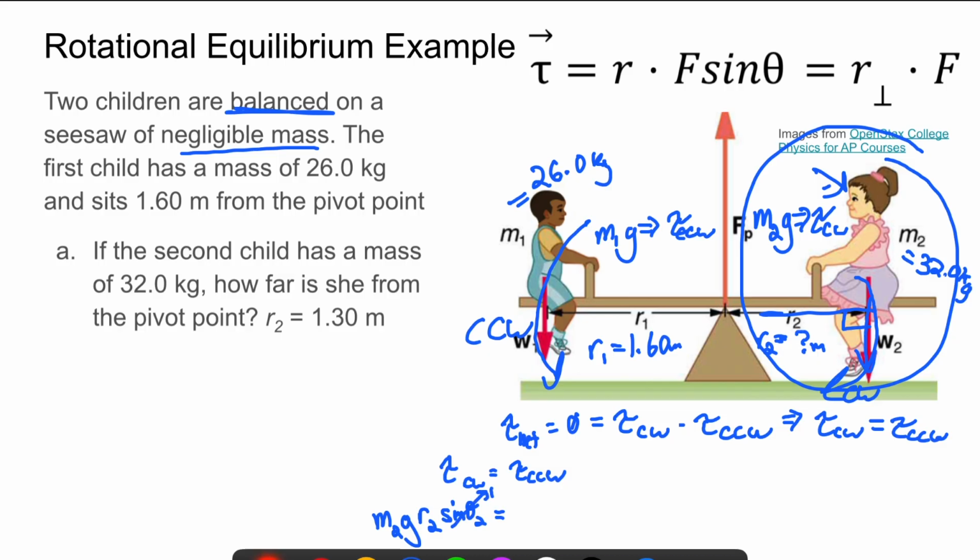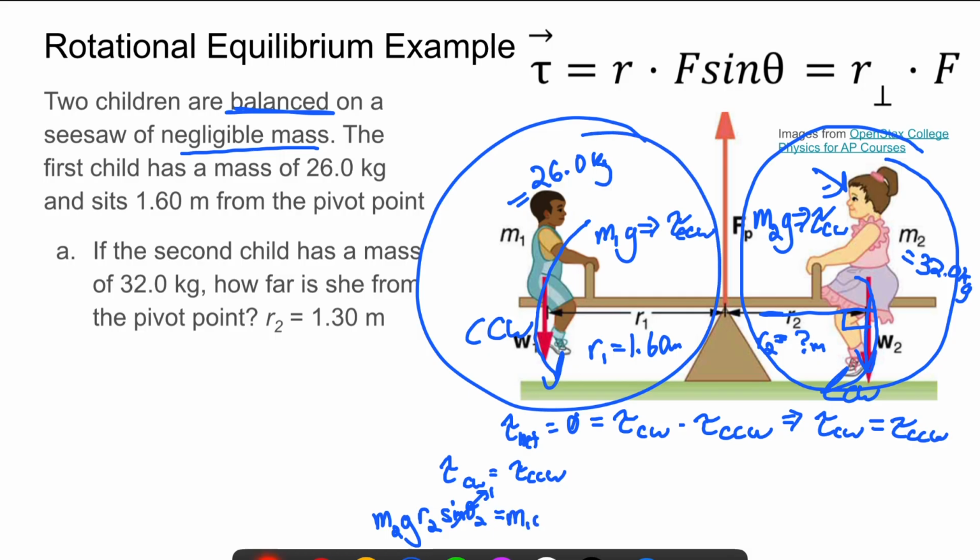Right? And we'll set that equal to the counterclockwise torque, which again is coming from our child 1 over here, which is his force of gravity, or m1 times g, times his radius, which is r1, and then the angle between his force and his radius, right? Which again, his radius is horizontal, and his force is applied exactly vertical. So there's a 90-degree angle there. So that will also become 1,